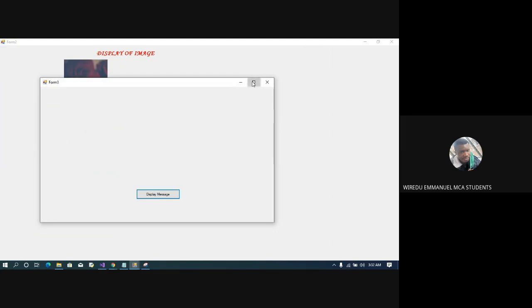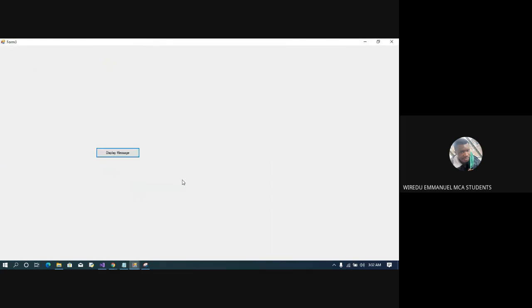This one, you enlarge it. Then you take a screenshot of this one when the text box is not there. Then you save it. Then you click on the display. The text box will come. Then you take another screenshot. Then you save it. So when you are done with all your savings,